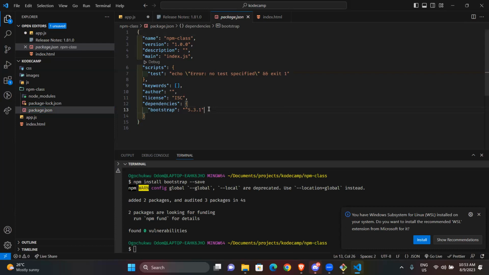These are packages that will help you to use your code. With this Bootstrap installed, if I do this properly, I can use this Bootstrap inside this npm class that I have here. Anything that is inside this dependencies array will help you for your project.